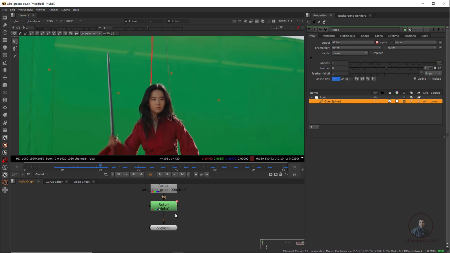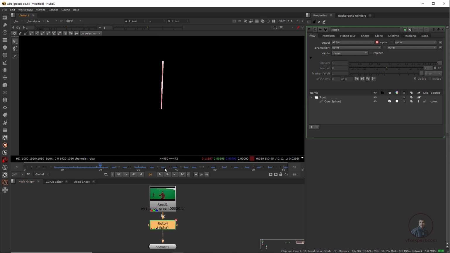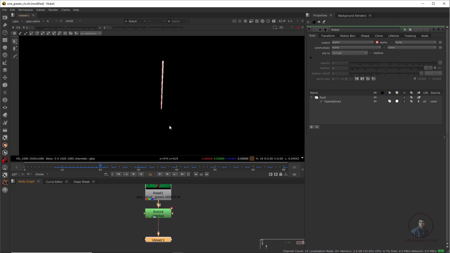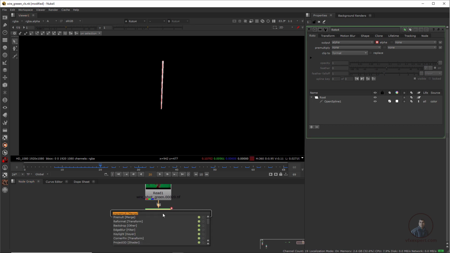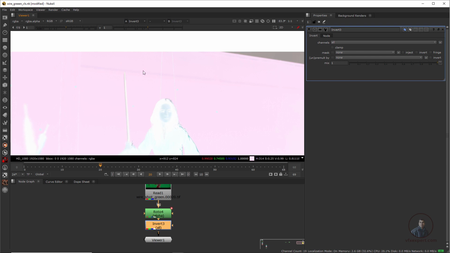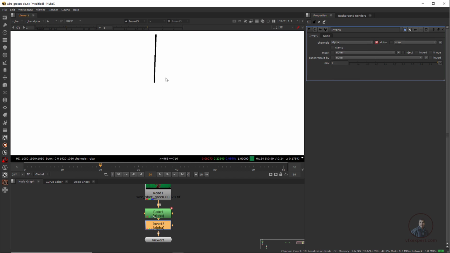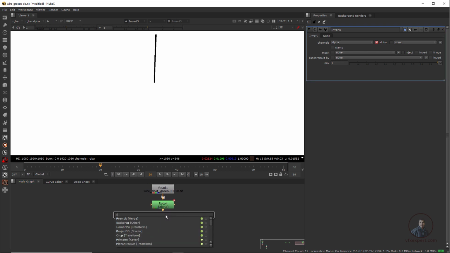Simply after this, first we have to check our alpha channel. Now I have again selected this one. Press A, so the alpha channel is there. Then we have to invert this alpha channel. Again press Tab, take an Invert node and attach it after this one. Now if you press A here, you will see you have inverted the channels. In our channel we have to select alpha only, because we have to invert just the alpha channel. Then after this we have to take a Premult node. Simply press Tab and type Premult.